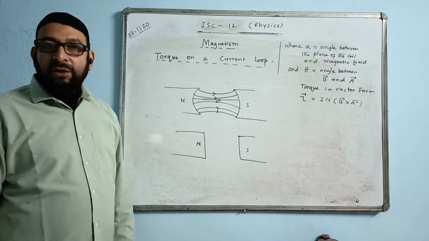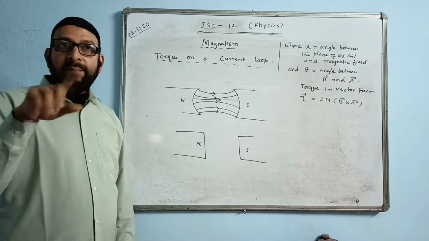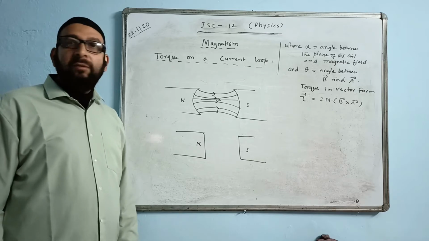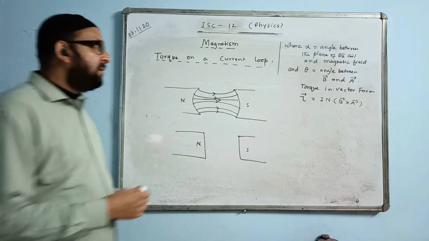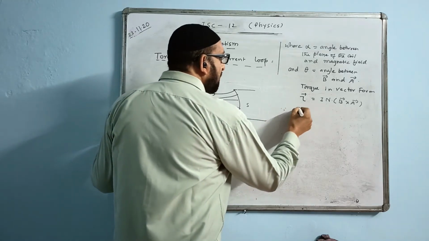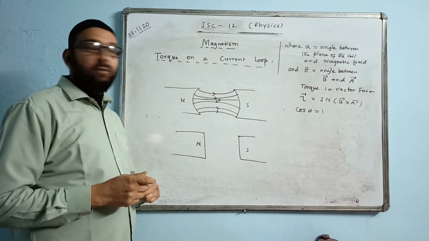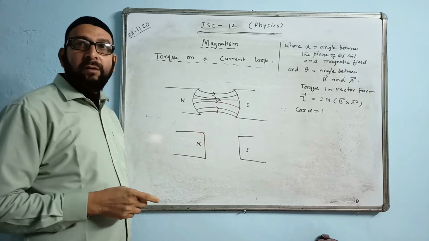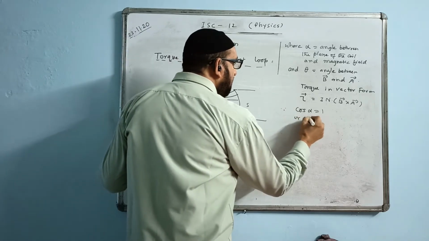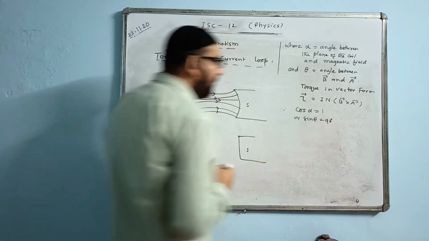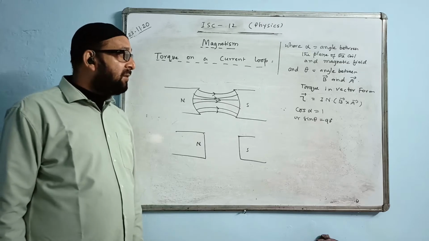for any orientation of the coil, since cos alpha is equal to 1. Since the alpha value is 0, cos alpha equals 1, that is maximum for any position of the coil. Or we can write that sin theta is 90 degrees, because you are drawing a normal to the surface and then finding the angle. Or sin theta is maximum.